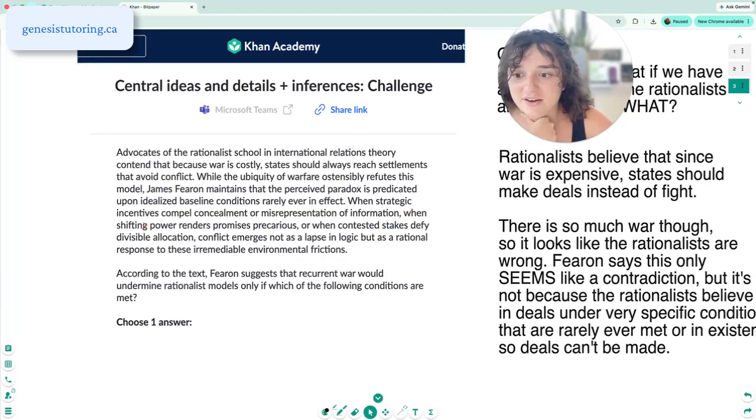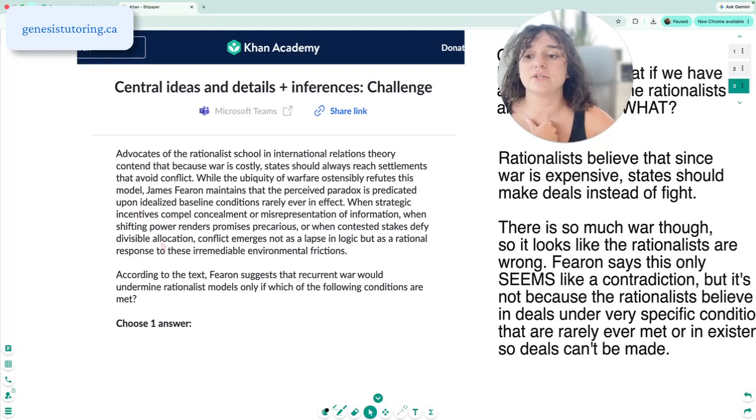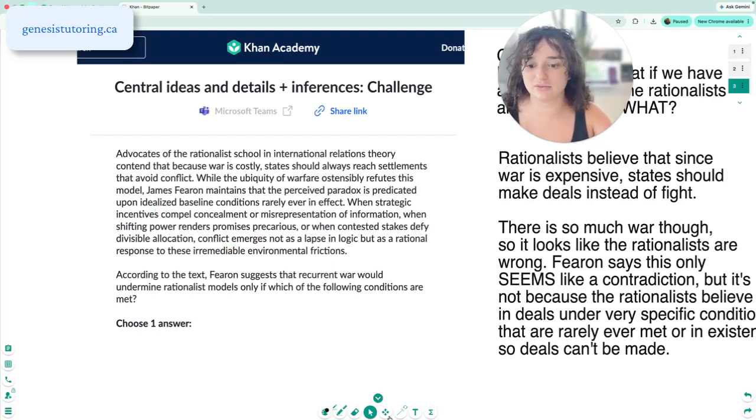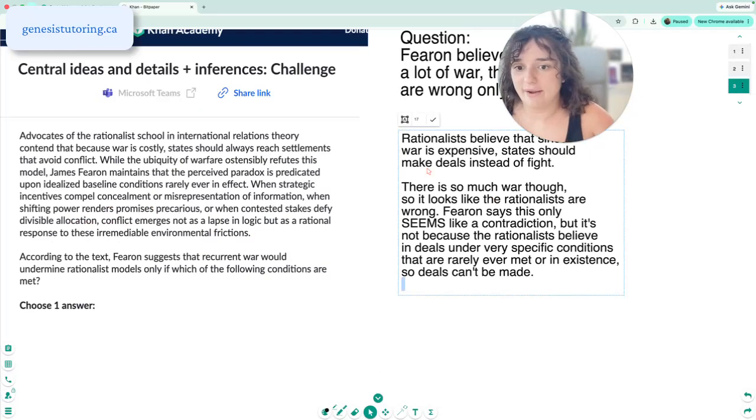At the start, it's saying sometimes countries have these strategic incentives, these reasons that they should be hiding information or misrepresenting information. Or sometimes the shifting balance of powers makes promises really hard to trust. Or when contested stakes, whatever you were fighting over, are really difficult to split up fairly, conflict emerges. I mean, that makes sense, right? So it says